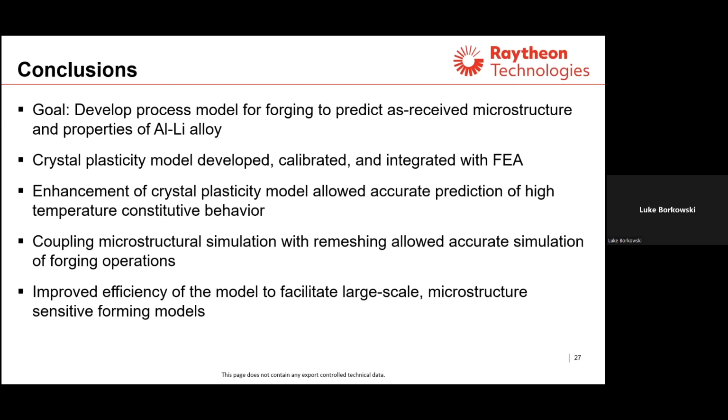We also had to incorporate remeshing in order to properly account for the element distortion that occurs and compensate for that with remeshing and remapping. And then finally, we improved the efficiency of the model to facilitate large-scale industrial forging or thermomechanical processing simulation while